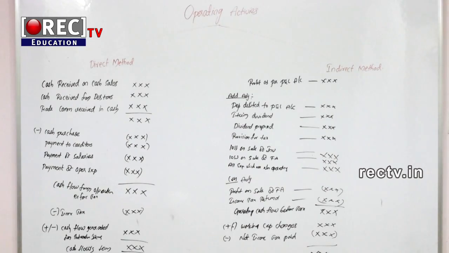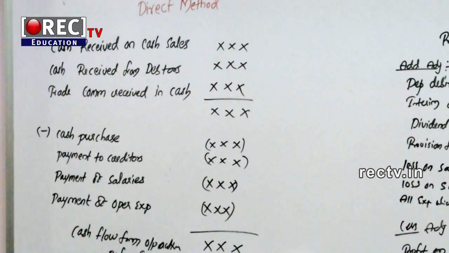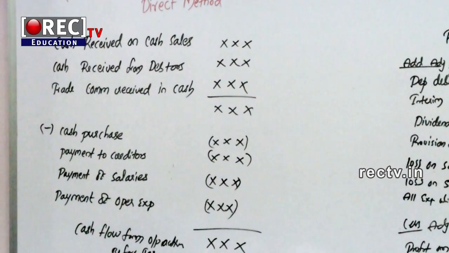So friends, we have already seen what operating activities are. Now these operating activities are divided into two methods, that is the direct method and the indirect method. In the direct method, we consider all cash inflows and all cash outflows, and we arrive at cash flows from operating activities. Now let us see cash received from sales or cash sales, and cash received from debtors,